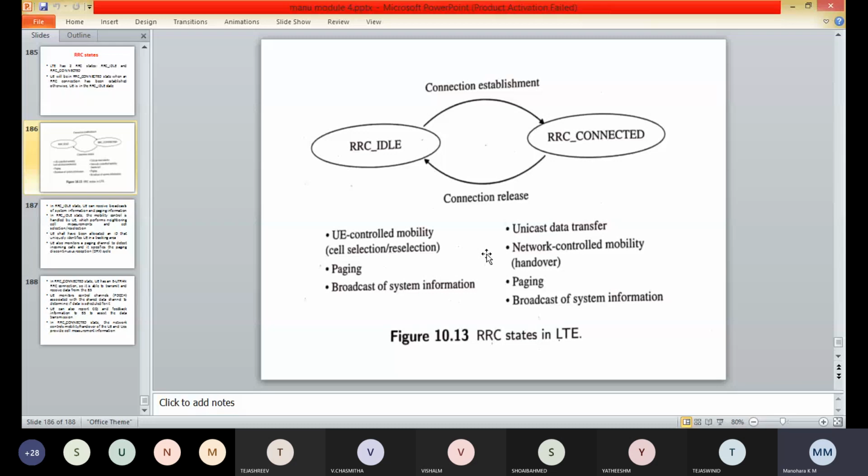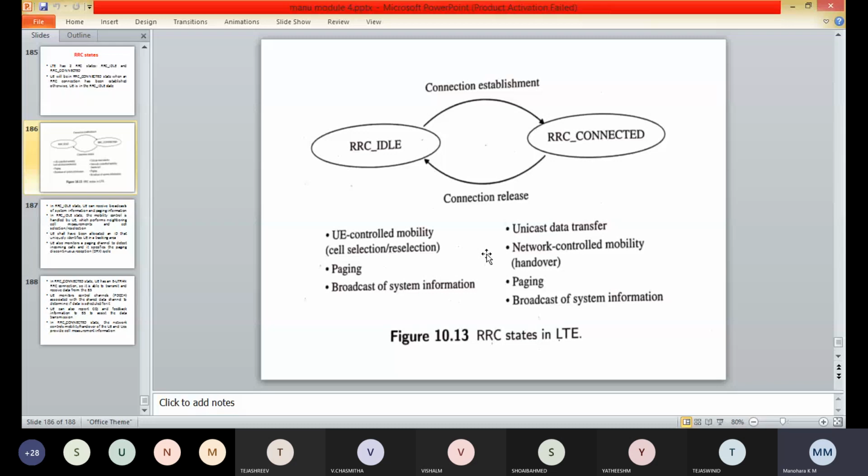In the RRC idle state, there is no signaling radio bearers, and the cell selection or reselection is performed.